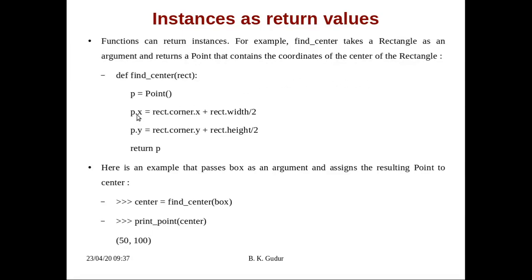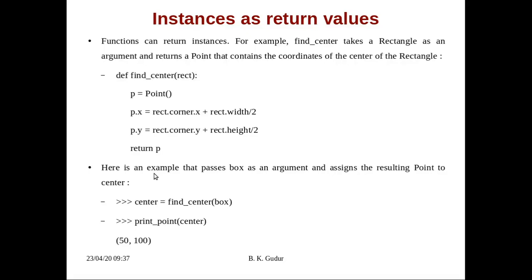p.x is initialized equal to rect.corner.x plus half of the width, and similarly the y coordinate is the corner's y plus half of the height. This gives the center, which is represented by p.x, p.y. Return p will return that point.